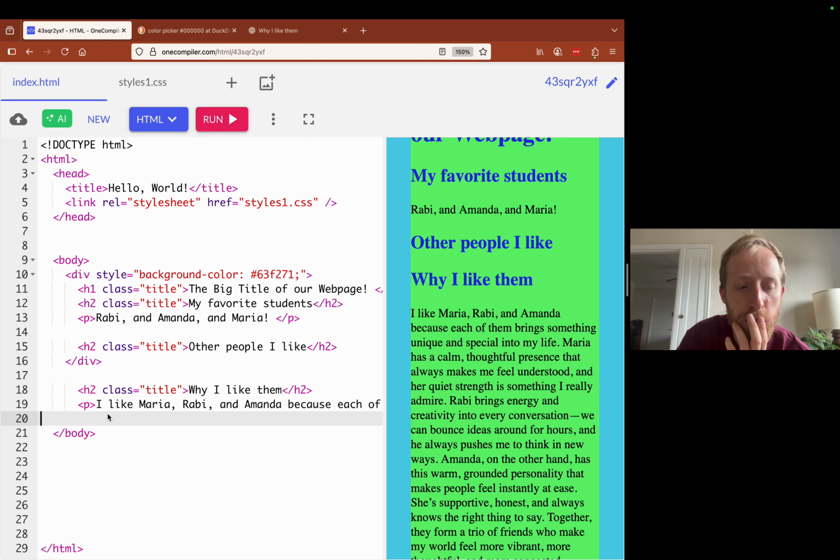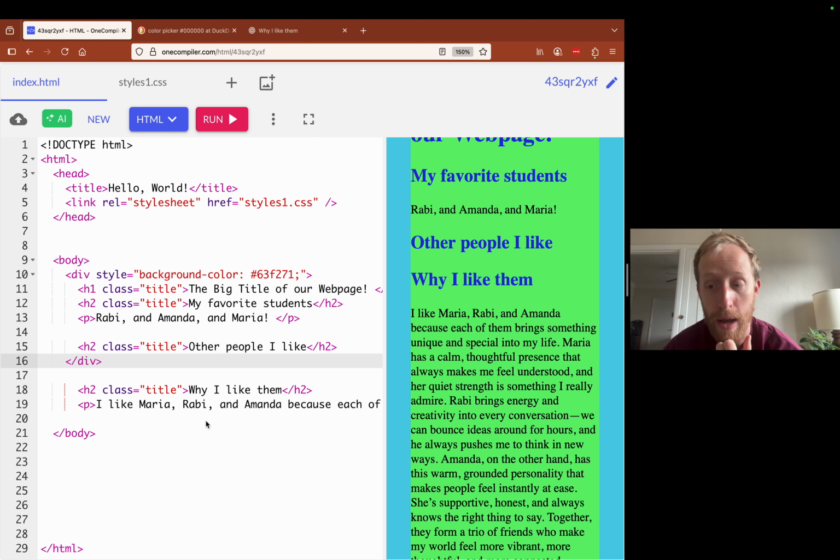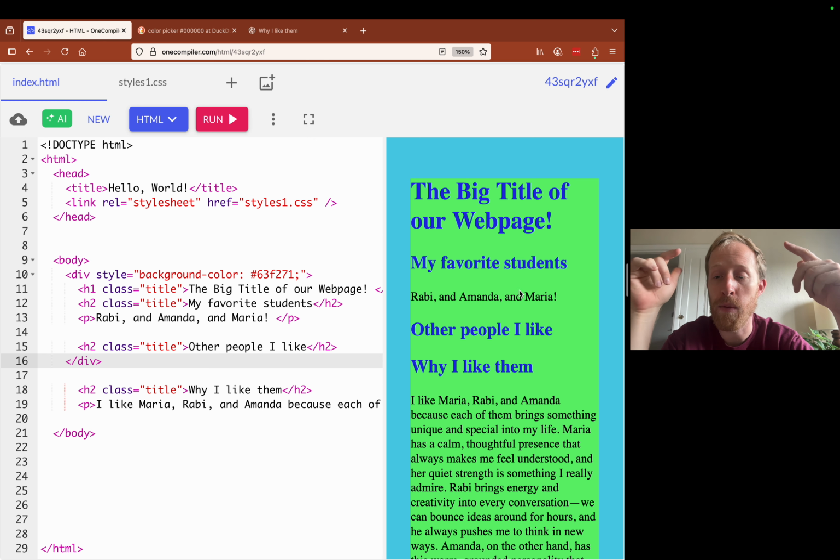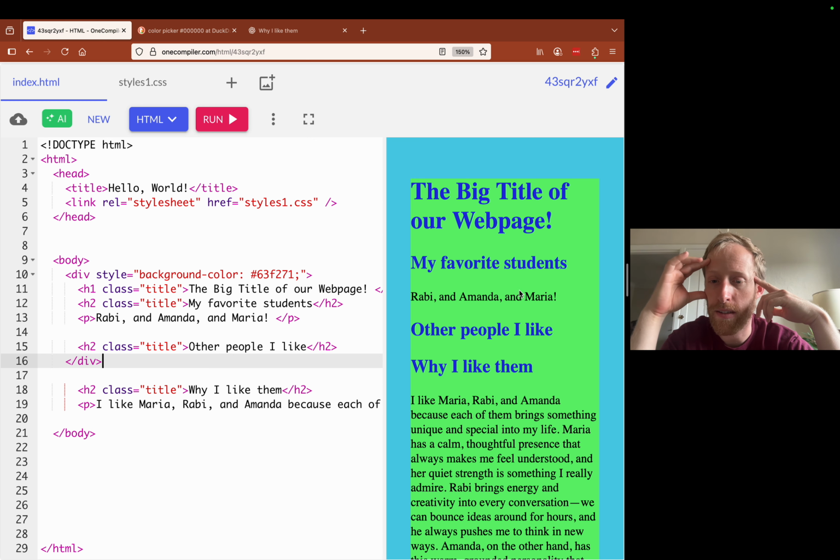So it was here, on line 20, and now I moved to line 16. What's going to happen if I press run? The color is going to change its location. Okay, to where? What is the new location going to be? It's going to be after other people I like. Okay, so tell me exactly what is going to be after other people I like. Like what part is going to be green, and what part is going to have this light green color? If I was paying enough attention, then the green itself will stop after other people I like.